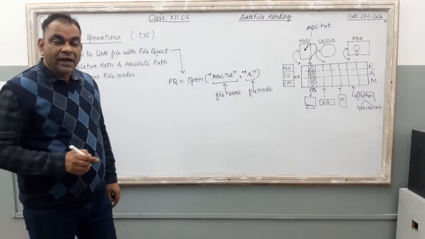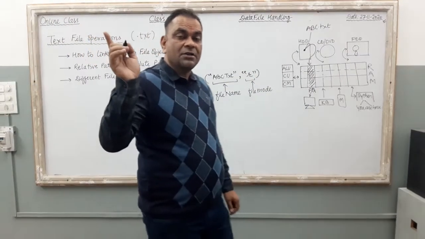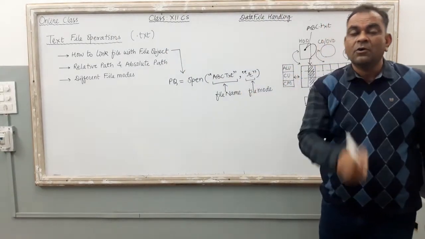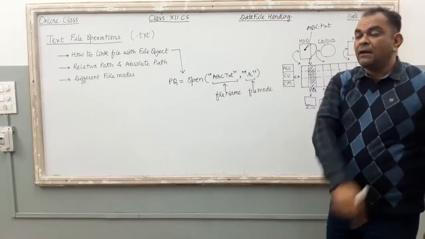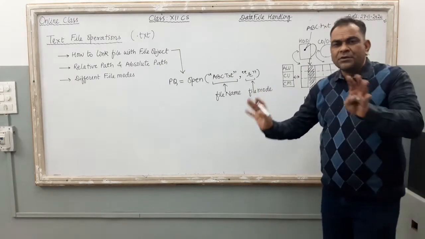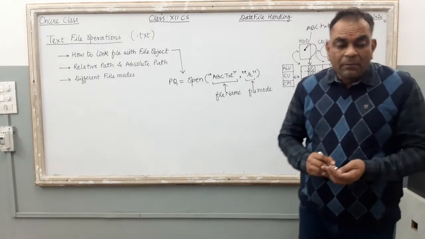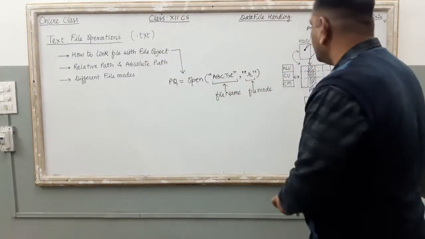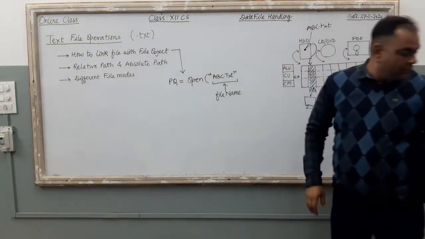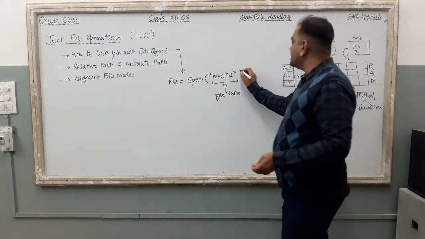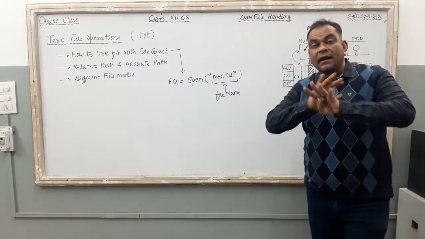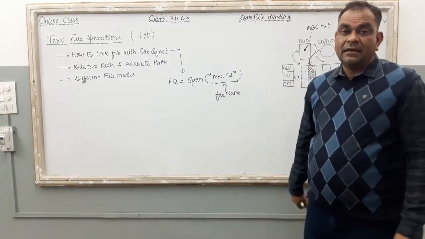In the previous video, just remember the previous video lecture, R stands for read mode, W stands for write mode, A stands for append mode. So here it is the file mode. Right? Yes, it is optional. Optional means if you remove this file mode from here, suppose I remove this file mode, and with this open function I just close the bracket here. It is also correct. There is no error in that.